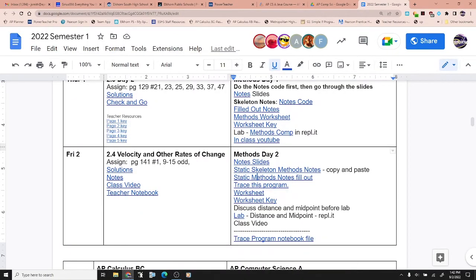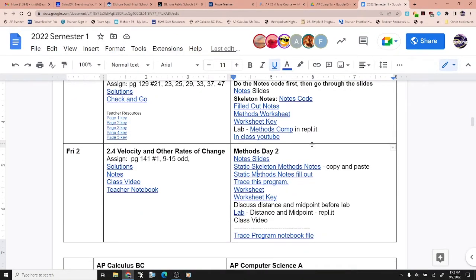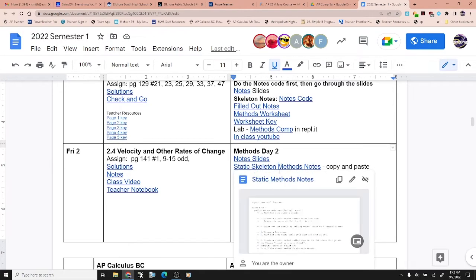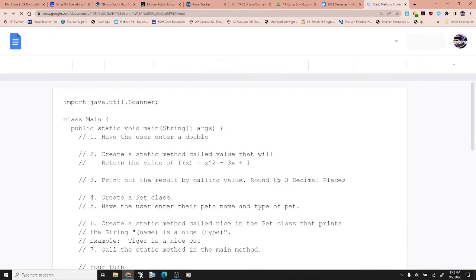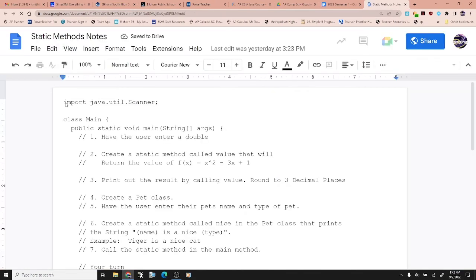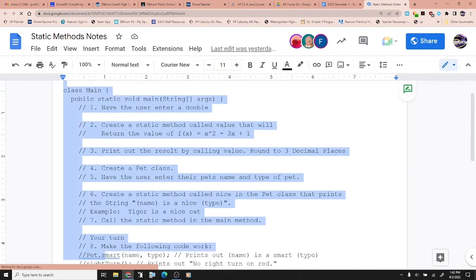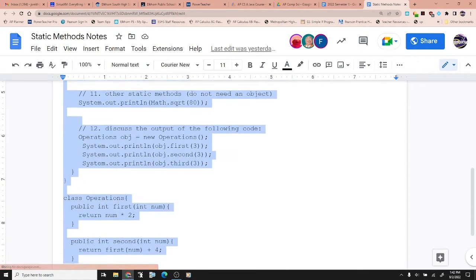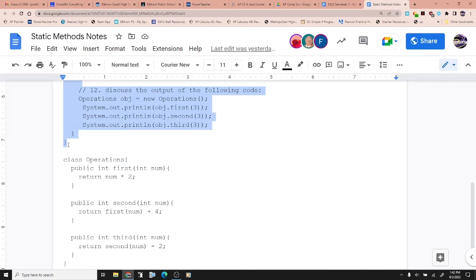All right, today we're going to copy and paste into a new replit. Let's see, I need skeleton notes. So we're going to copy the main class. We're going to grab the import, and I don't want to grab this class down here, operations. So we're going to stop here, Control C, go to a new replit